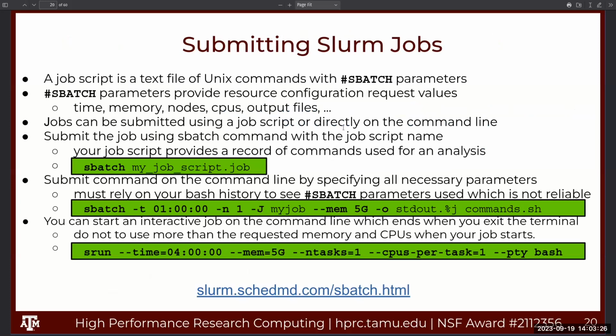All right, submitting jobs. We're going to go through submitting a job script in a little bit, but basically the way you do it is once you get your job script composed, then you use the sbatch command, sbatch, and then whatever the name of your job script is. You can submit it using this approach. You can also submit it